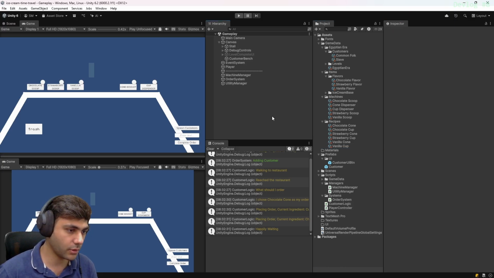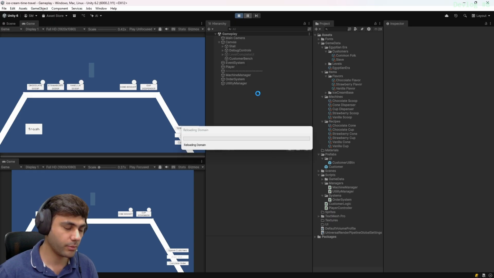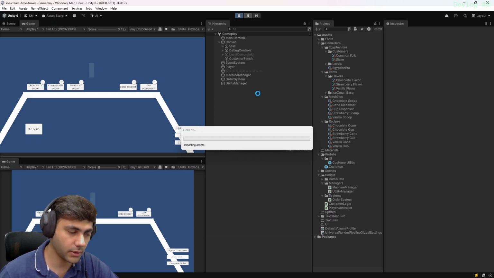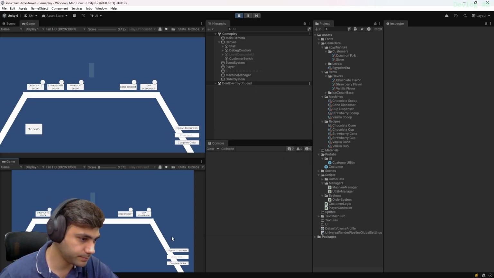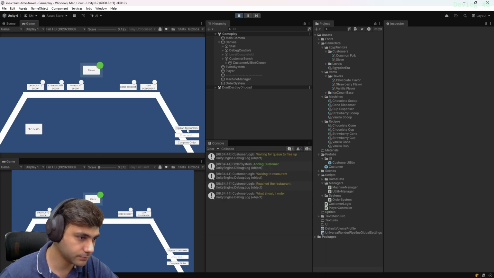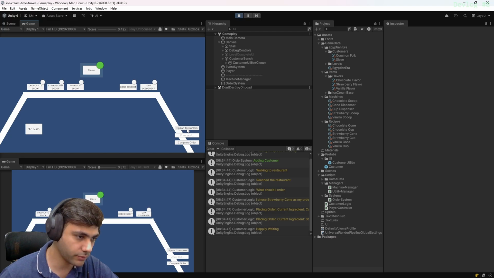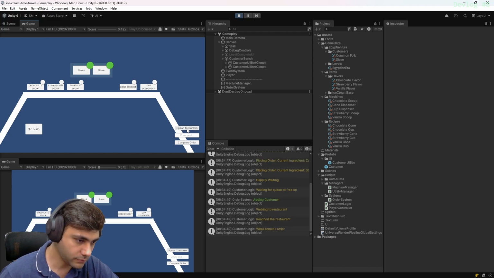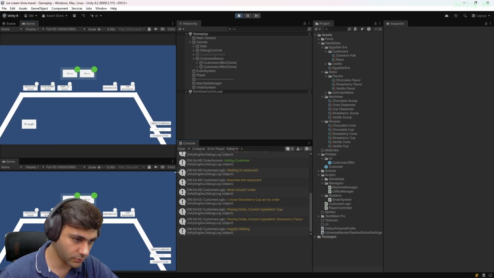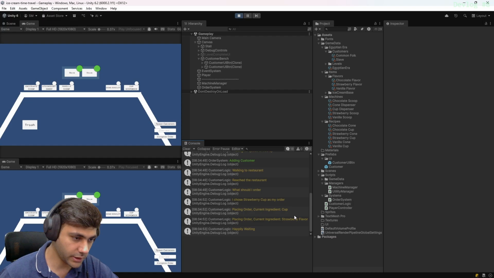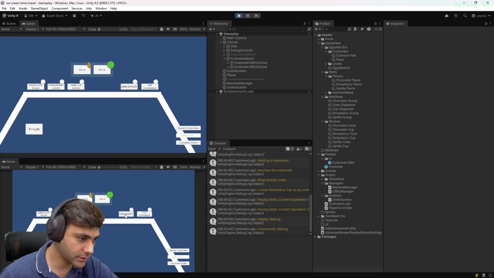Now I think we will have the correct... What should I order? Strawberry cone. Very nice. Strawberry cup. Grenadine cup for strawberry flavor. Very nice. So let's